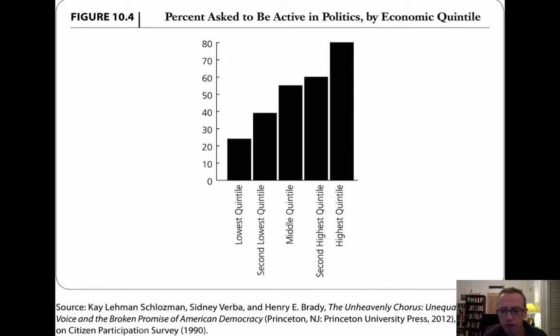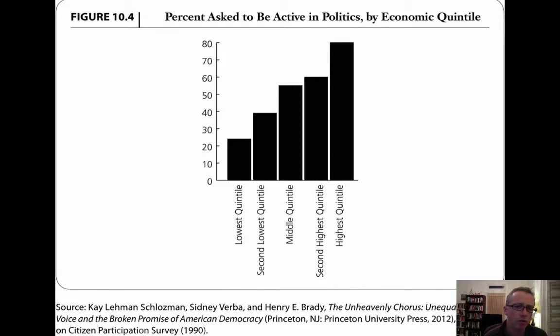This makes sense. We've just argued that political groups are going to look to recruit and enjoin the people who are most likely to want to participate. So what this graph asks is the percentage of Americans who have been asked to be active in politics, and you can see here that